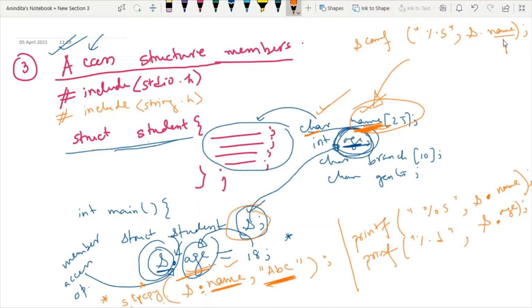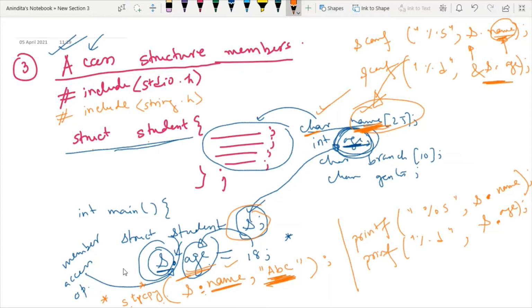That is, name is the member of the structure and this is the variable of the structure. But in this case, you should not provide the name of the student statically. From the console, you have to take this name as input. And similarly, you can use scanf %d, ampersand of the variable name dot age. So this is how you can take the student's age from the console.